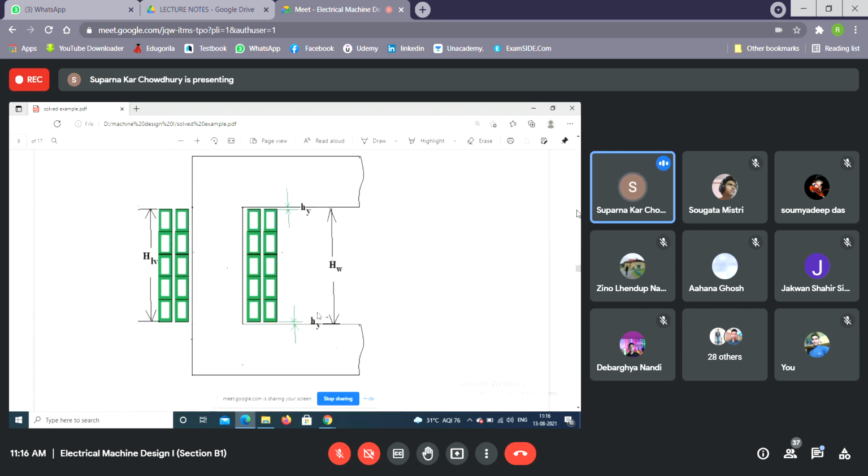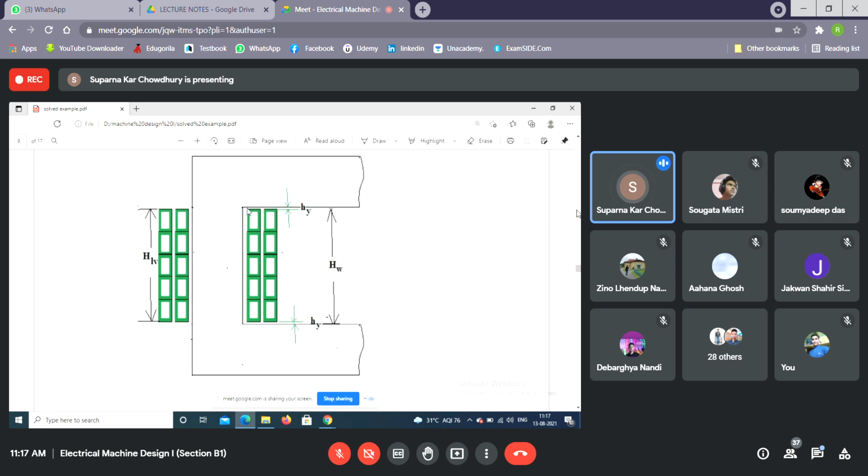Now we have to arrange. I am going for the helical winding. Now say this one I have shown here. This is one single composite conductor. That is, within it, it has 6 conductors in parallel, according to the previous calculation. Now the dimensions we have already decided. We have already calculated this HW. This is the window height.